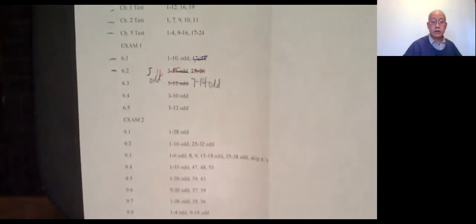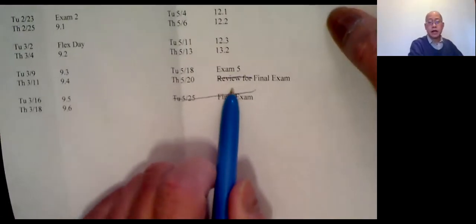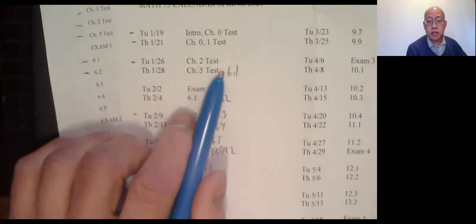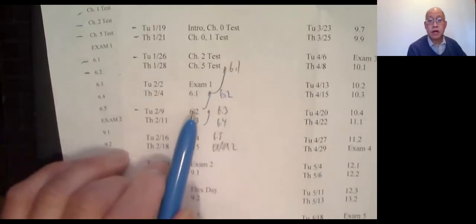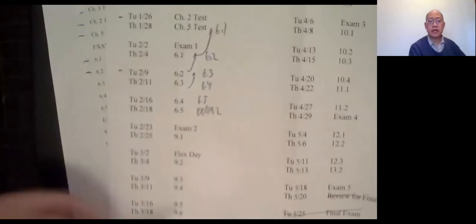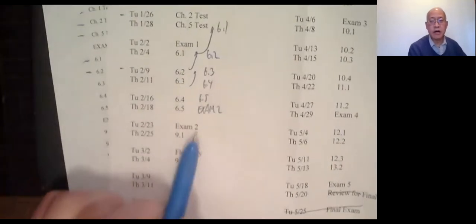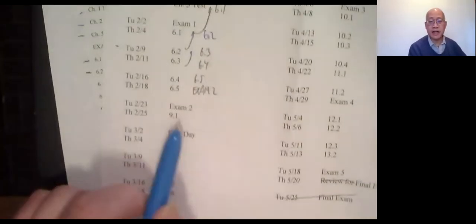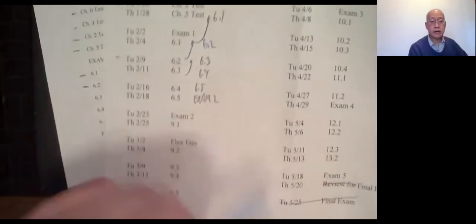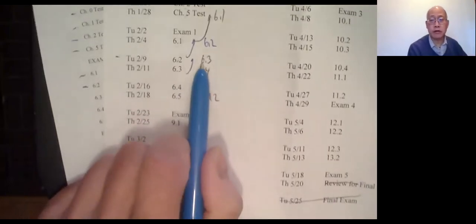Schedule-wise, I'm already done with 6.1 and 6.2. This is what I have planned for now. I needed to gain a date, and I think I've already gained that date. So I'm pushing everything up a day. This is our tentative schedule leading up to the next exam. Just think of pushing every date up. I don't want to write it the whole semester yet in case something else goes wrong. But the game plan right now is we're already up to 6.3 today,